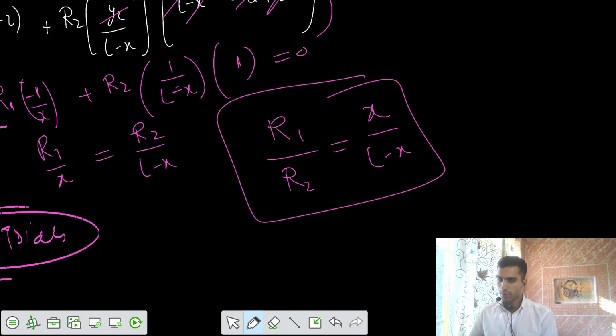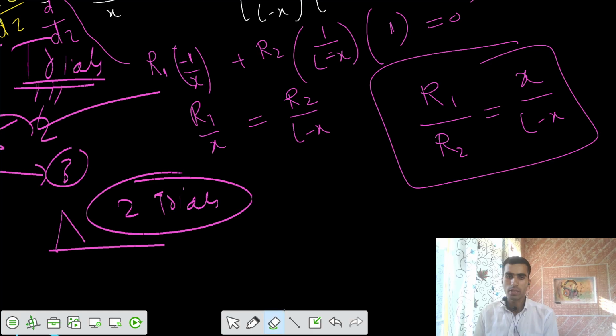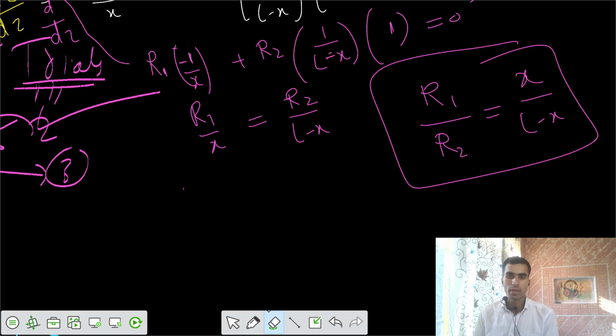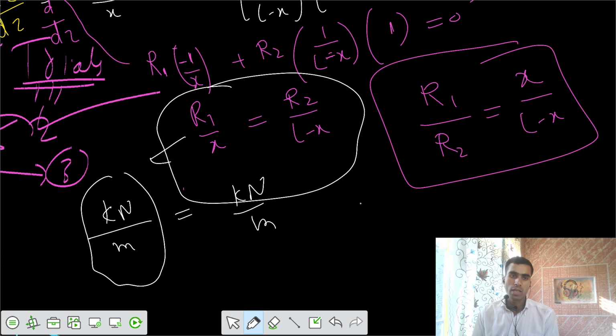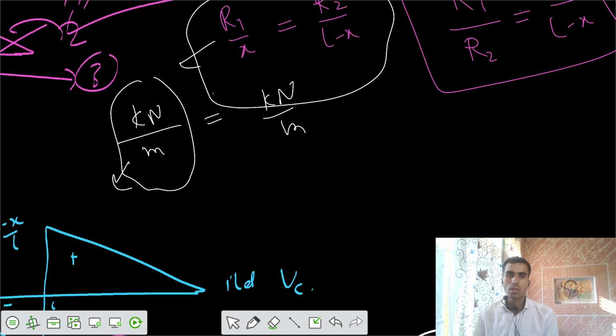Should I write it in this way or the other way? Now we should keep it as that of the initial case. We should keep it in this way. That's your standard. That means some kilonewton per meter should be some kilonewton per meter. So that means average load, we say this one as average load. This is some loads. Average load on left of C should be equal to average load on